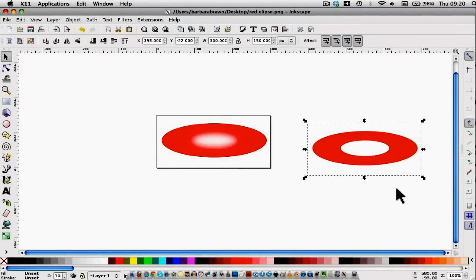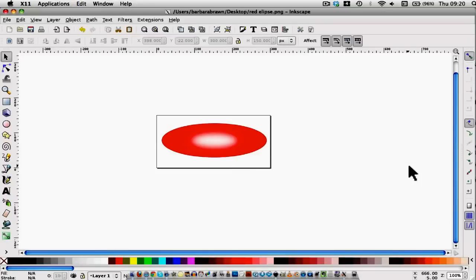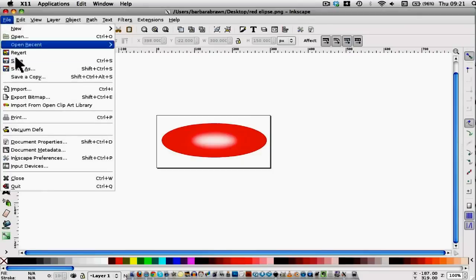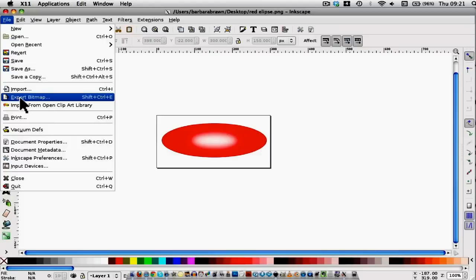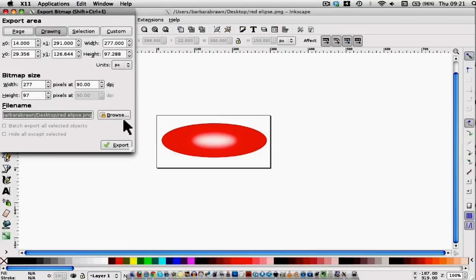Well, you can see, there it is. And it's also got a white background. So what do you do? Well, two things. One, you go and have a look at our tutorial on how to save your work in Inkscape, but what it is you have to click on export bitmap. What I would suggest you do is save that as an SVG because it's your master copy, and then once you've saved it, you can save as SVG, but then it's export bitmap, browse,